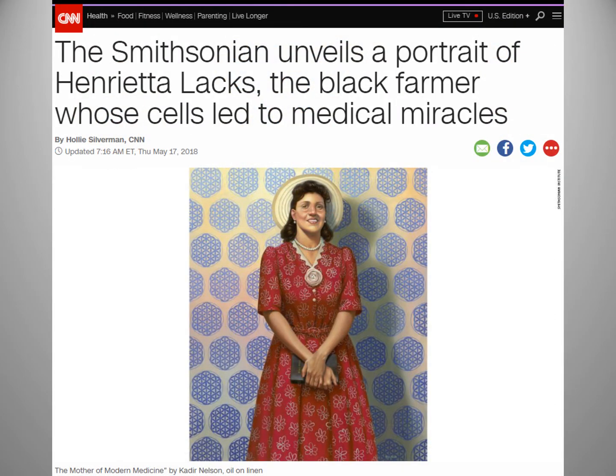This is a really great story about a woman who had no intention of having such a major role in medical history. In fact, she was never aware of it while she was alive. But that said, she is still technically alive. She died of a very aggressive ovarian cancer back in the 1950s. We think of cells as biologic entities, and that's true, but cells serve a very important role in medicine because her cells